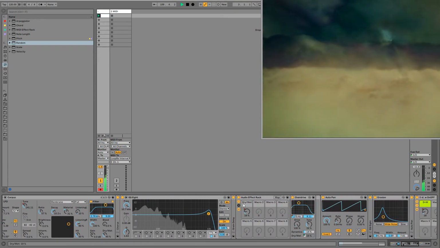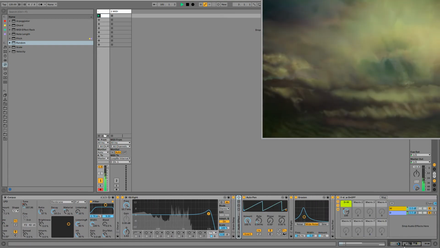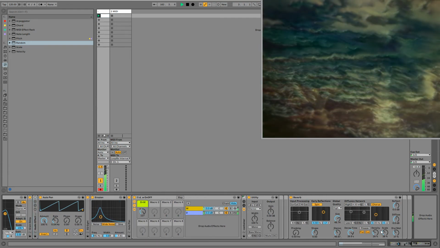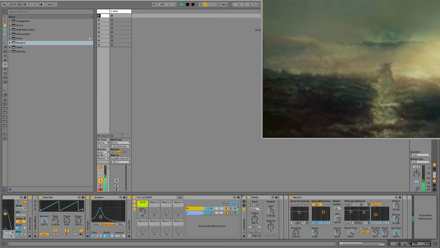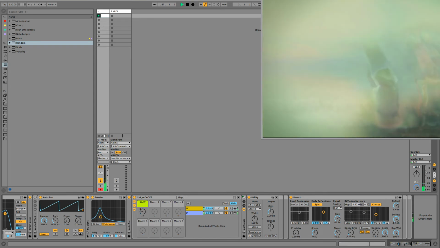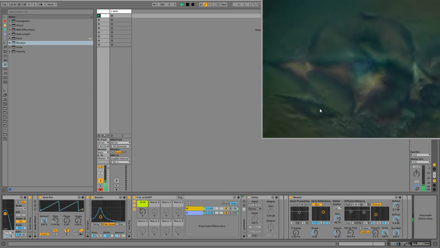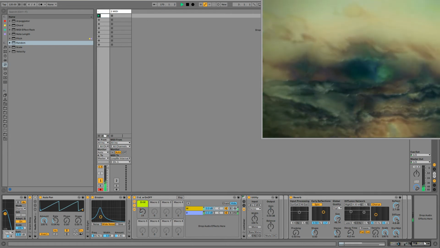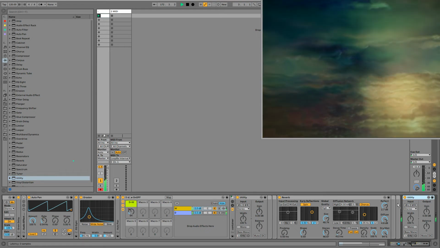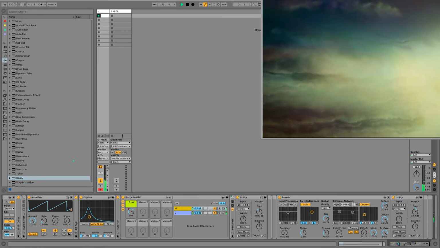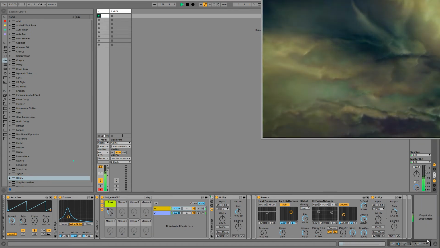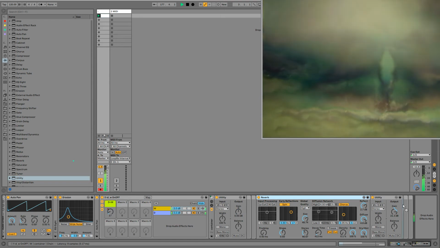Starting to sound really grungy. You can get some fascinating spectral type sounds out of this reverb. If we add another reverb,